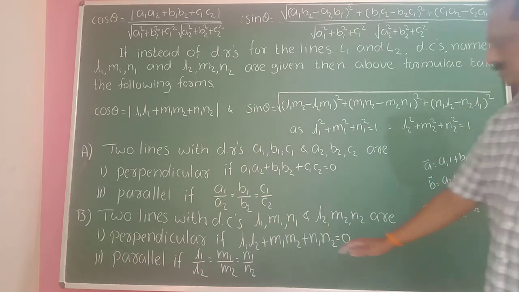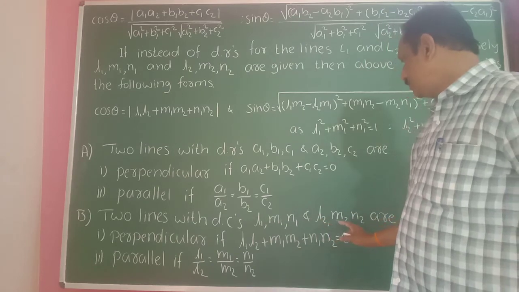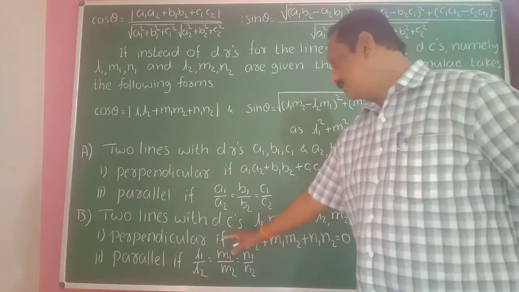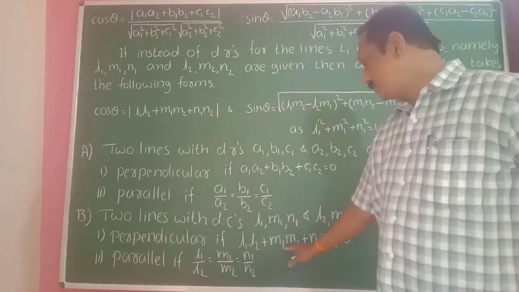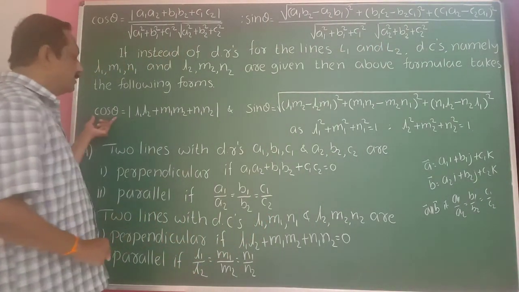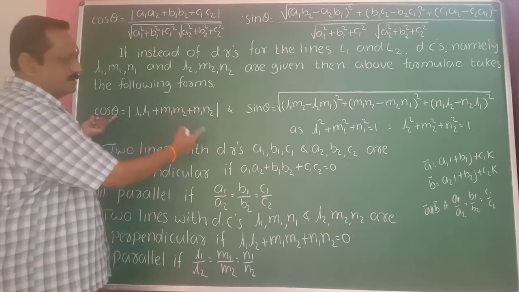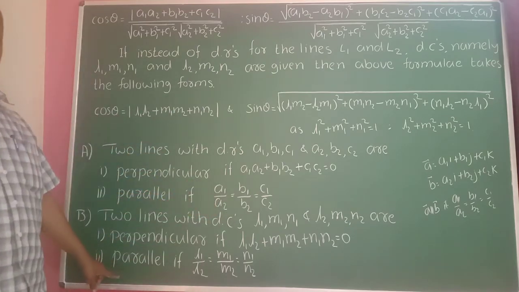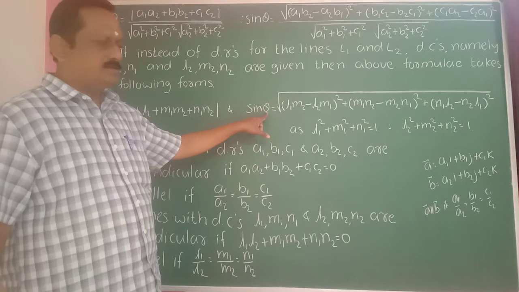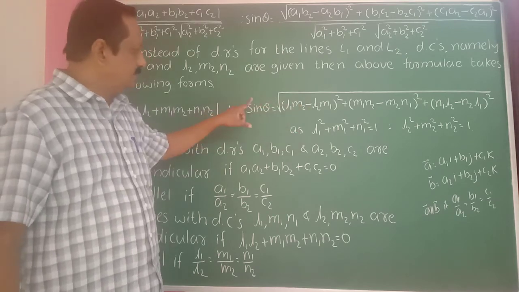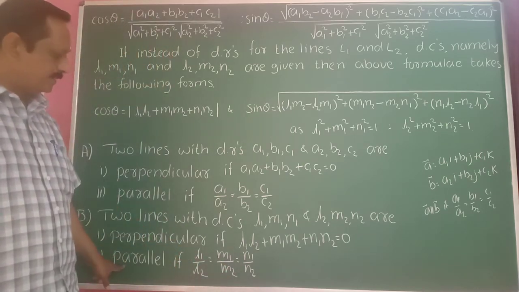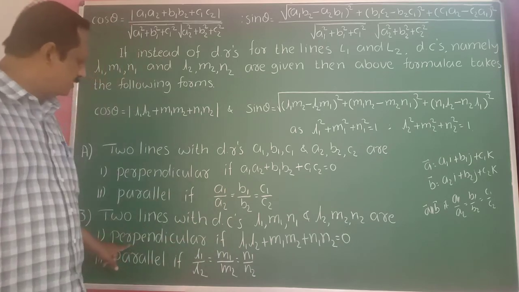And again, suppose l1, m1, n1 and l2, m2, n2 are direction cosines here. In that case, two lines are perpendicular if l1 l2 + m1 m2 + n1 n2 = 0. Again, if theta is 90 degrees, cos 90 degrees is 0, hence this becomes 0. Next, if two lines are parallel, then the angle is 0. So if you substitute 0, sin 0 becomes 0. Then equate this with 0 and simplify, we get this result. If this condition is satisfied, the two lines are parallel. If this condition is satisfied, the two lines are perpendicular.